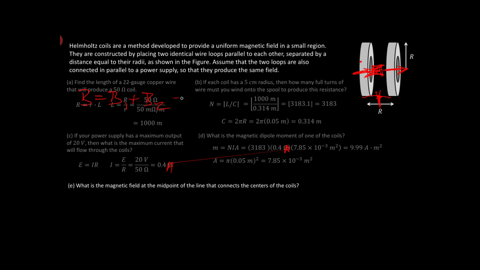So that's basically 2 times one of them. So we have 2 times mu naught m over 2 pi times r squared plus r squared, right? Little r squared